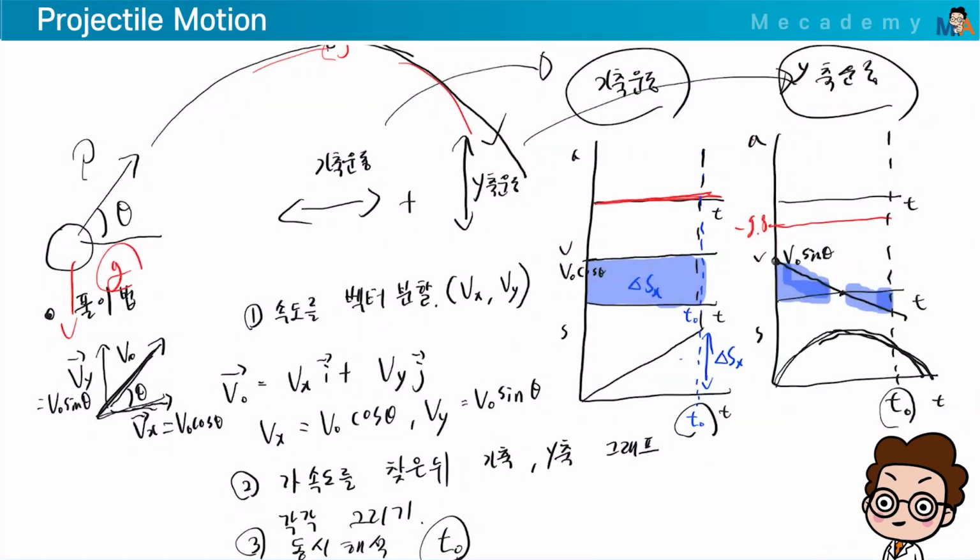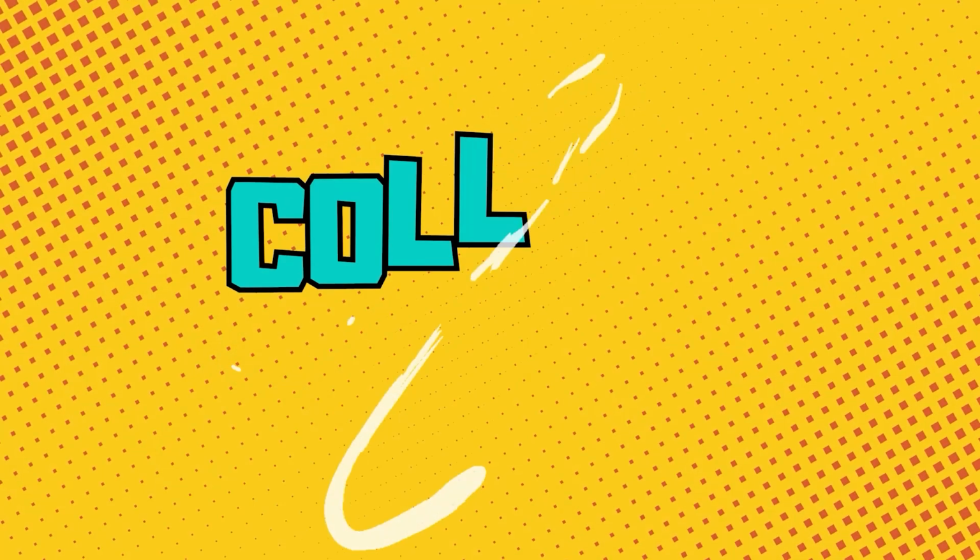To put it simply, 2D motion is like analyzing two separate 1D motions using vector decomposition. Instead of analyzing the x and y-axis motions separately after drawing two graphs, we solve them by analyzing them simultaneously since they share the same time. Since the time is the same, we solve them simultaneously, okay?